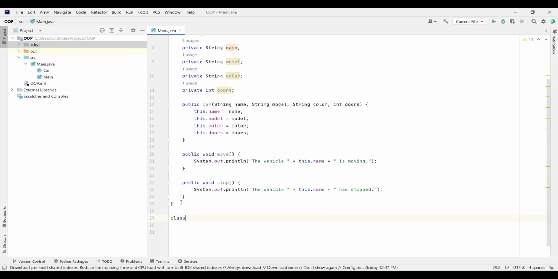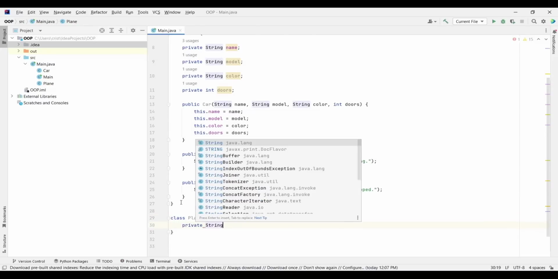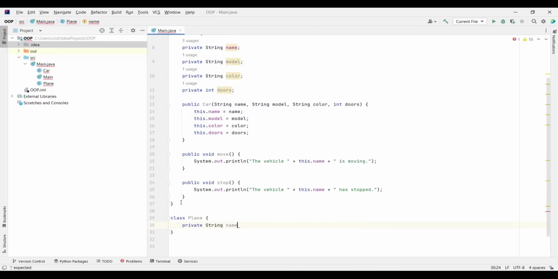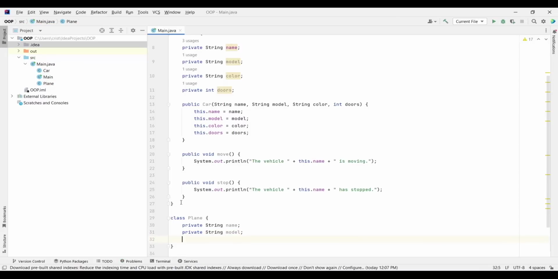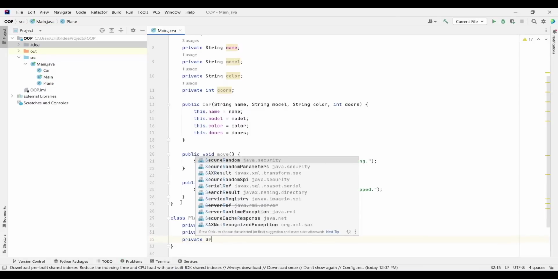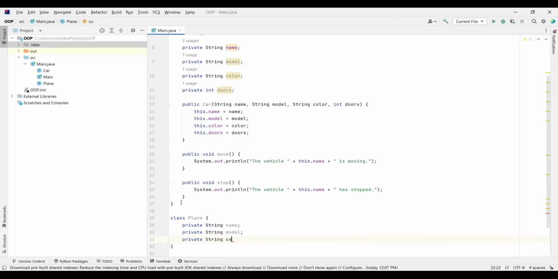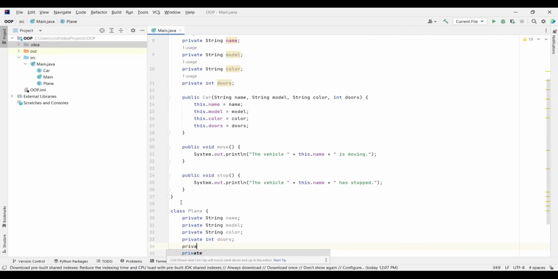Now let's create another class called plane. So I'm going to type here class plane, and type here private string name, private string model, private string color, private int doors, and private int engines, because the plane has more than one engine.